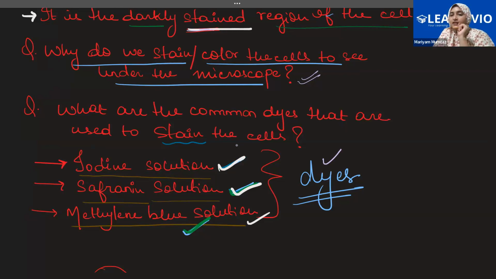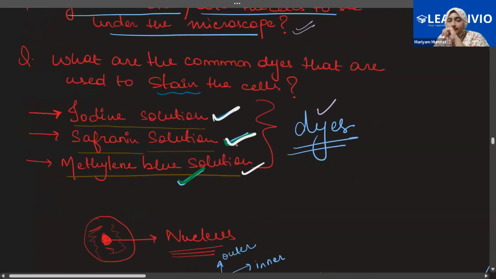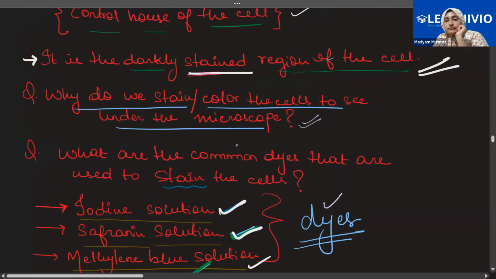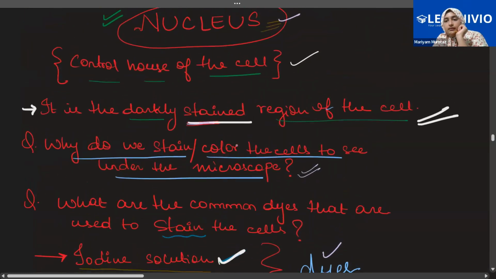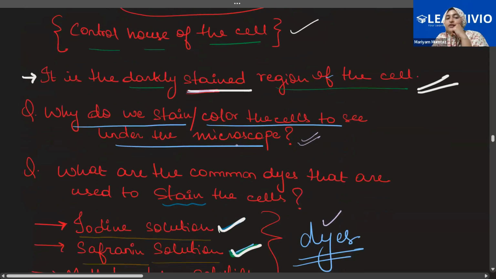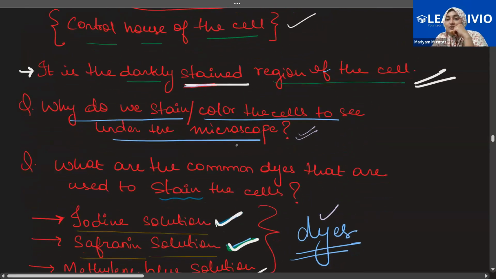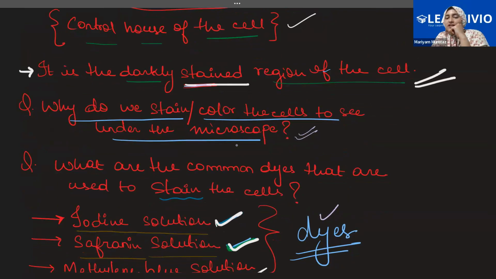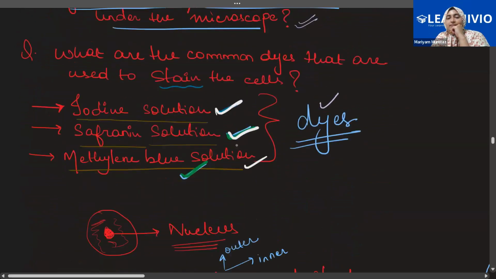So all of these are the common dyes that we use to stain the cells. This much is clear to you all? Ma'am, to stain animal cell, we use yellow one, right? The saffron one. Yeah, safranin. Okay. Safranin, and mostly in plants, or you can say in bacteria, we use blue one, iodine also. Then there is violet color also. So all of these stains are used to visualize.